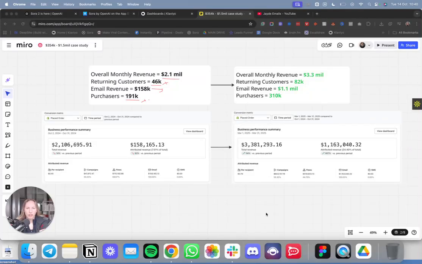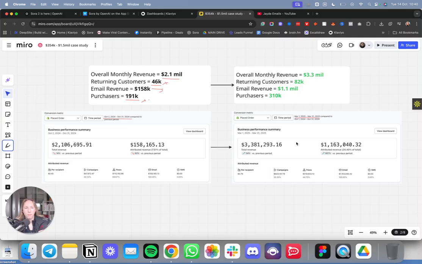So this is a quick case study on exactly how we took this brand from making $2 million to adding an extra $1 million in just email attributed revenue, which therefore increased their revenue to about $3.3 million every single month. So you can see just in this timeline over here, this is October 2024 and this is March 2025. So this was done in the span of about 5 months, let's say, and we added an extra $1 million